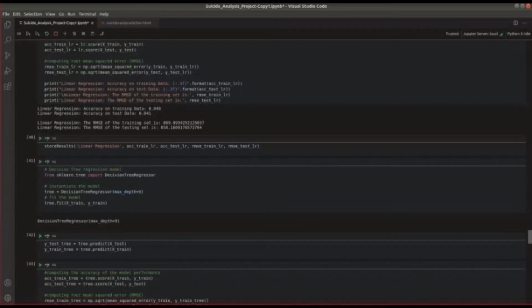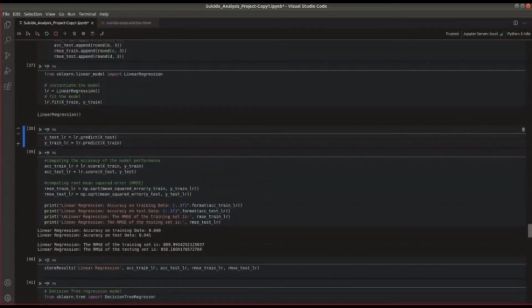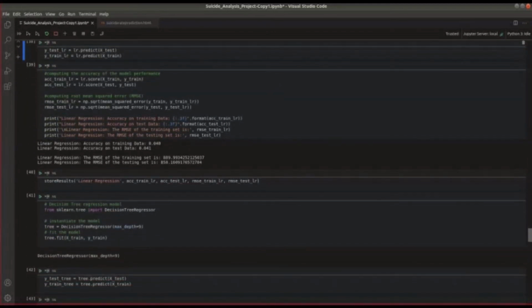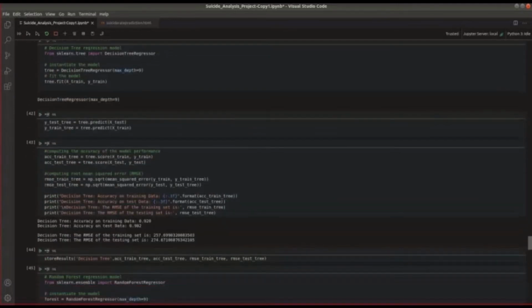Now my first model is the linear regression model, where I have computed the accuracy of the model performance and the root mean square error, and I have printed the linear regression accuracy on training data, linear regression accuracy on test data, and the RMSE of the training data set and the test data set. Now 0.3f means I have taken the floating value up to 3 places, and I have stored the result of the linear regression accordingly.